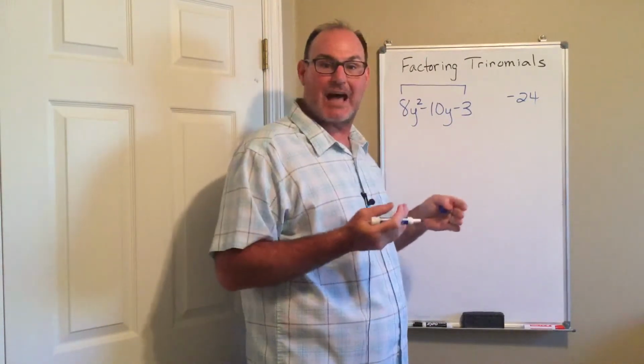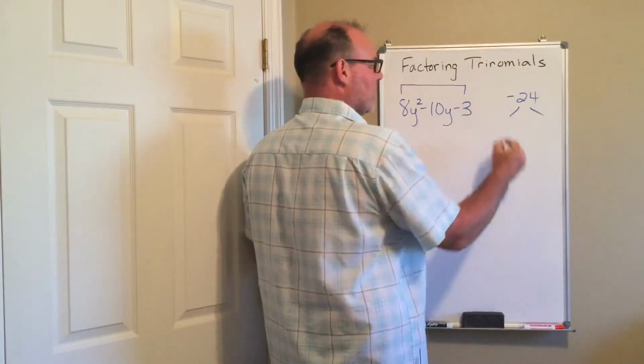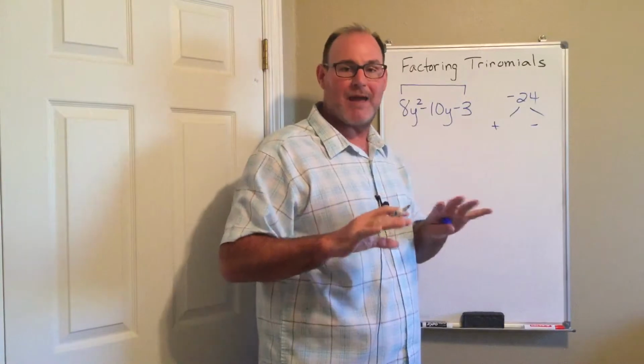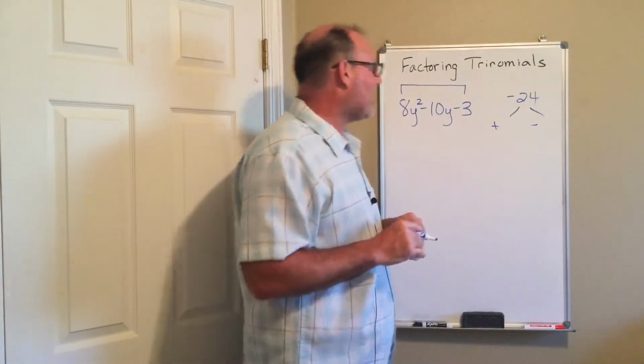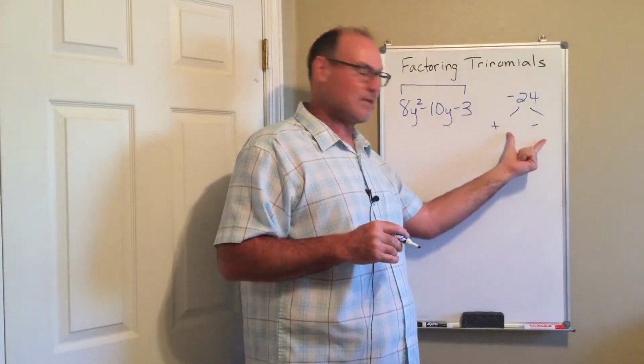Now my questions are similar to what I would ask if I have a 1 in front of the squared. Firstly, what are my signs? Well, since this is a -24, my signs are going to be positive and negative, or negative and positive. The order does not matter, I assure you. Now I want to figure out the two factors of -24 that have different signs that are going to add